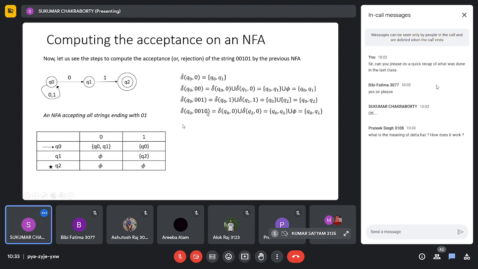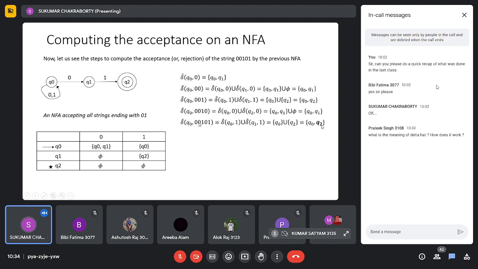Now 0010, which means q0 q2. I feed a 0, so q0 on 0 and q2 on 0 give me q0, q1 union 5, that is q0, q1. And finally another one, so q0 on 1 union q1 on 1, that is q0, q2. Now q2 is one of the final states, so I see that